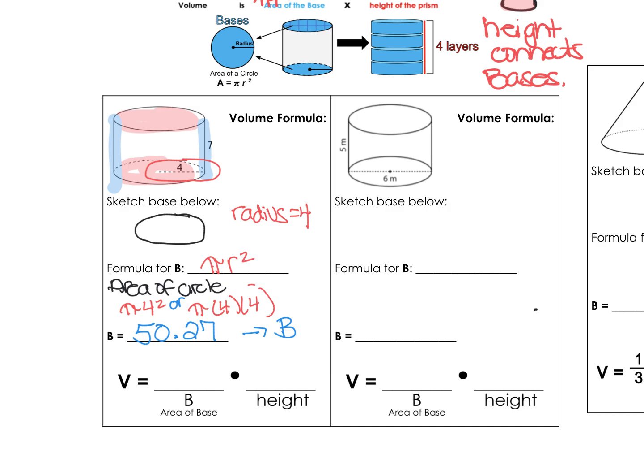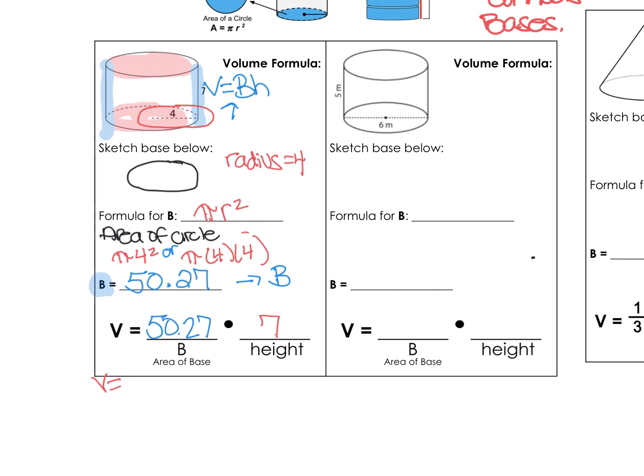Now I'm going to go back up to my formula. And the formula for volume of a cylinder is V equals big B times H. I need two things. I need the area of the base, which is here, and I need the height. Well, I just found the area of this base. So I'm going to plug this into my formula at 50.27, and now multiply it times the height, which I was given as 7. So I'm going to go back to my trusty Desmos calculator, and I will round this again to the nearest hundredth, and when I plug that in,